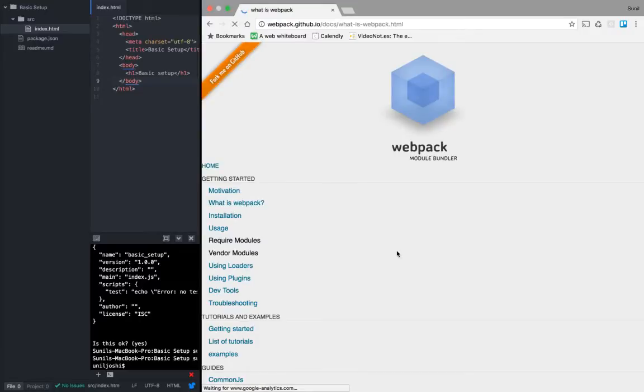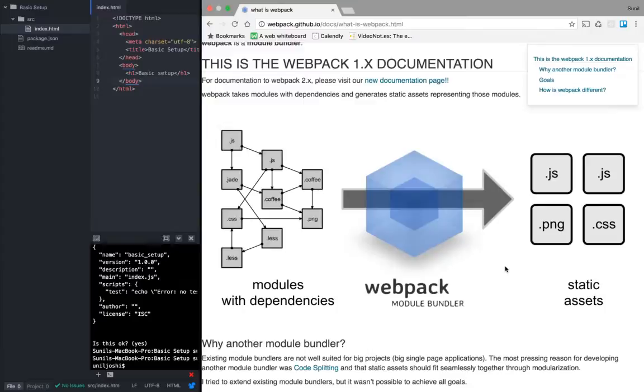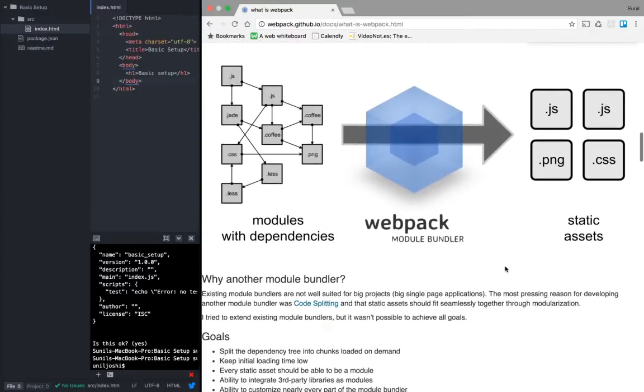Webpack is like, if you're familiar with Grunt, Gulp, those things, it's very similar to that, and it's much more than that obviously, but that is an example I can give. For .NET it's like a compiler. If you see in this diagram, it is taking the JS files. It can take CoffeeScript, CSS, Less files, PNG images, anything as its dependency, and it is going to do the bundling.